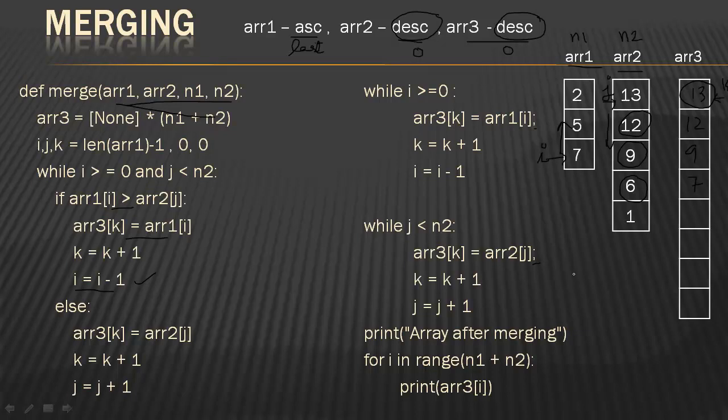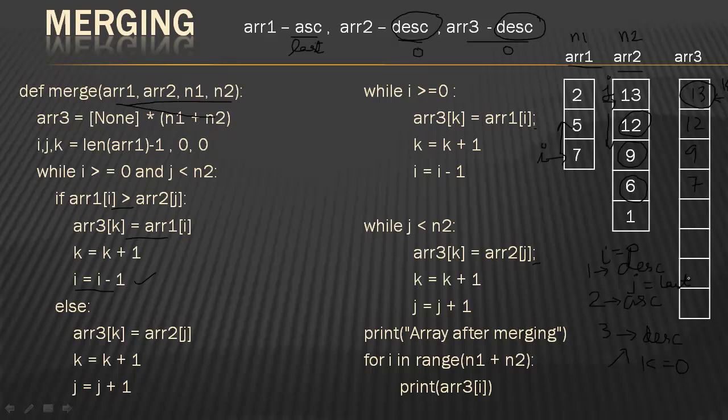Suppose, let me just ask you something. Your first array is in descending order. Your second array is in ascending order, and your third array is in descending order. Where will you place I, J and K? Can you tell me? Yes, you're right. K, I said, is always going to be at 0. Which is the other array with the same order? The first array. So I is also going to be at 0. But where is J going to be? At the last location, that is length minus 1.